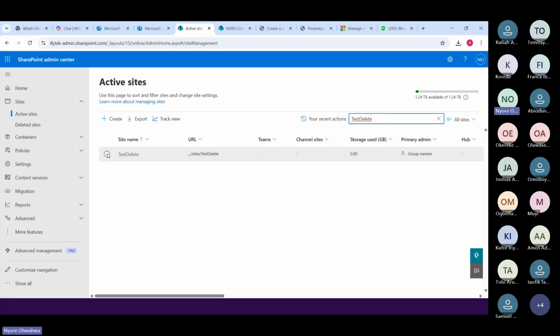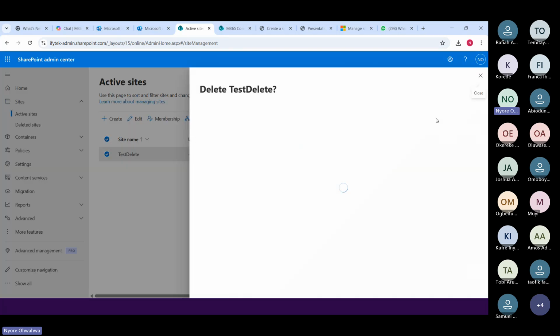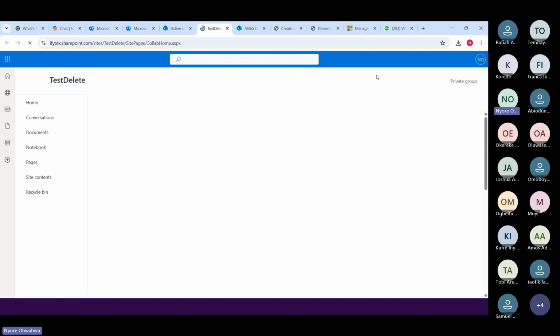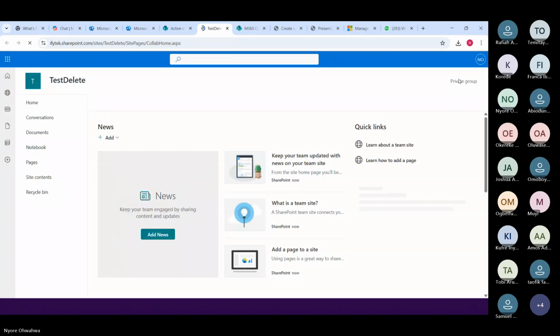Okay, so this is the site that we just created that we might want to delete. If you are in your admin center and you need to delete a site, you can just click on the site and click on delete and delete the site. Another way you can delete a site is from inside the site itself.